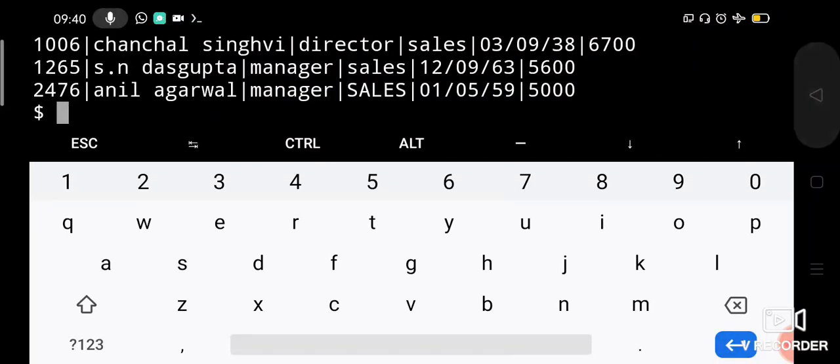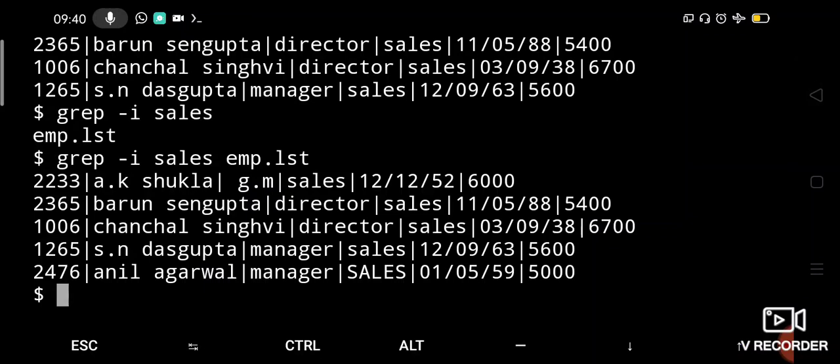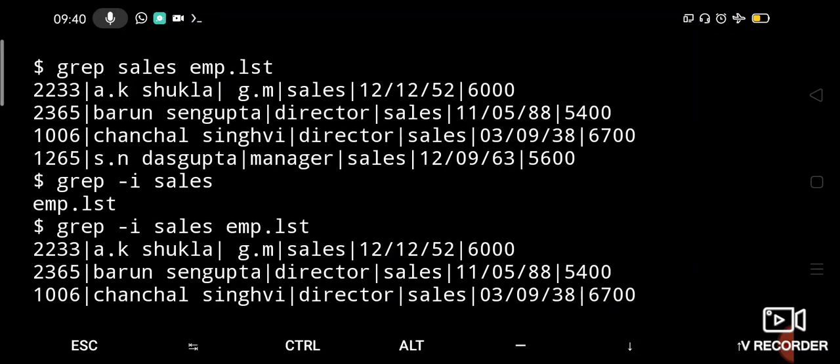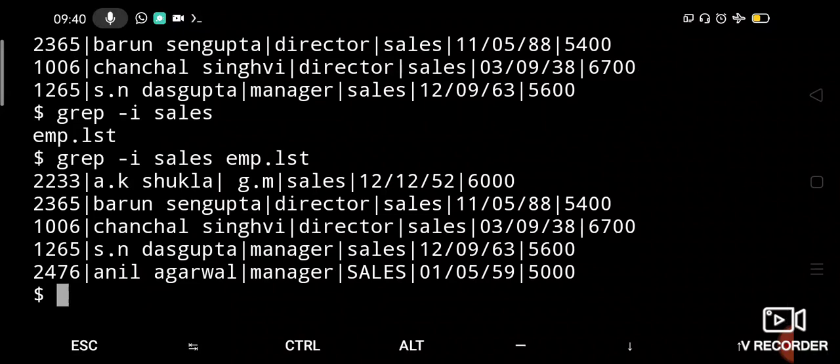Now you can see the output along with capitals. It is also displaying the sales pattern in capitals. Earlier only 4 lines contained sales in small letters, but now it has 5 lines which include the word sales in capitals also.